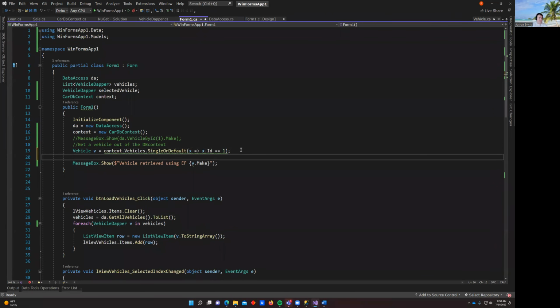We could get all of the vehicles. We could make a list of vehicle, and we'll call this vehicles2, since I already have a list up there of the other one, equals context.Vehicles, and we could get them all. Okay, and what this is essentially doing right here is select star from vehicles for me, but I didn't have to do that. I don't have to write any SQL here. And that's kind of